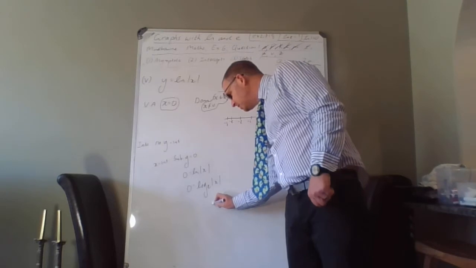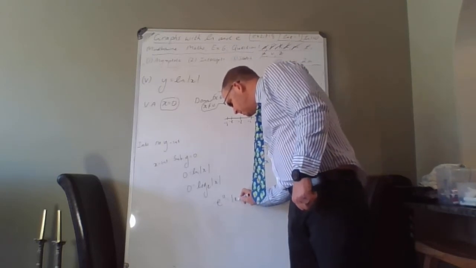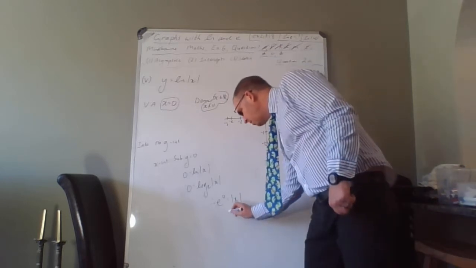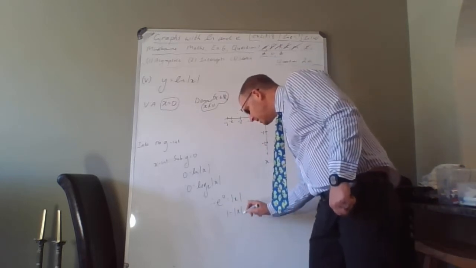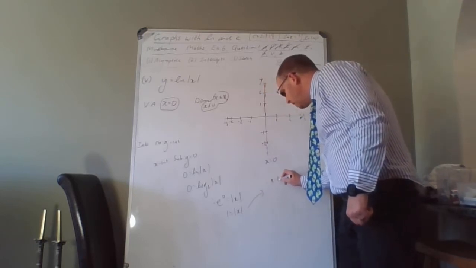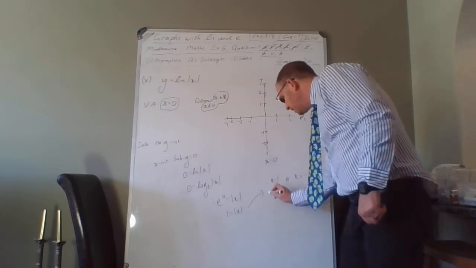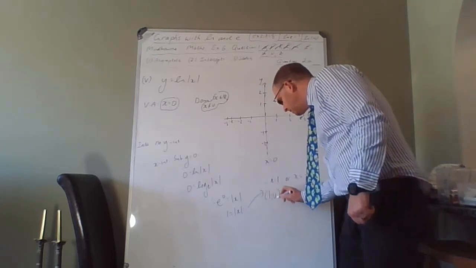And if I use the exponential definition, I get e to the 0 is equal to the absolute value of x. So 1 is equal to absolute value of x. So therefore, x could be 1 or x could be negative 1. Lovely stuff. So in other words, the coordinates of the intercepts are 1, 0,